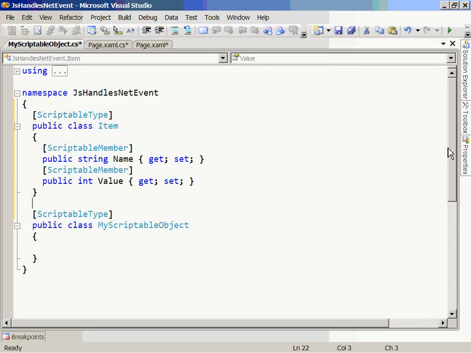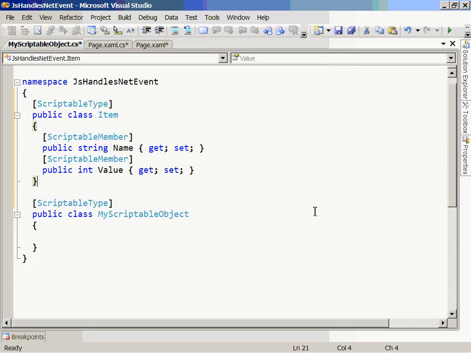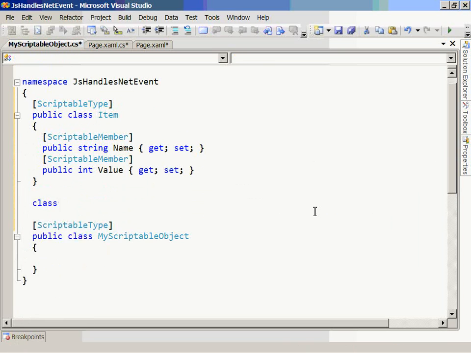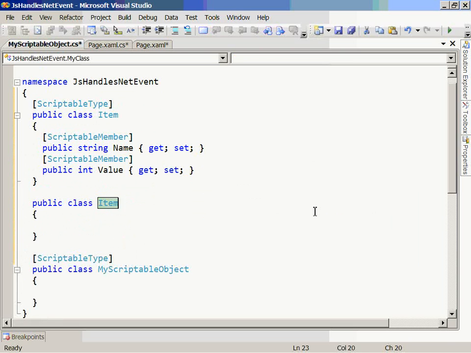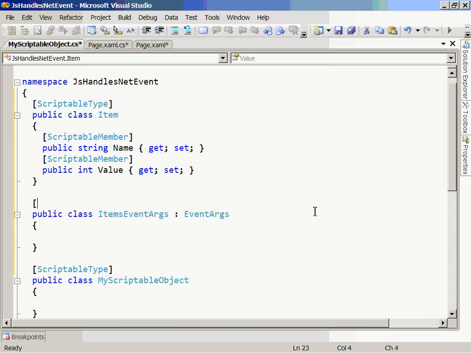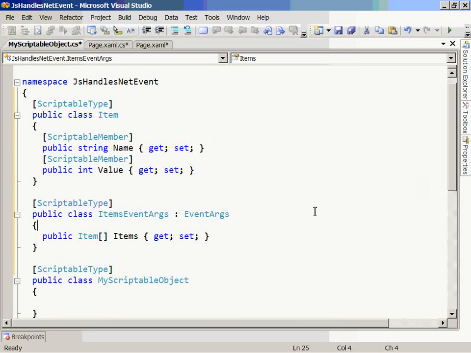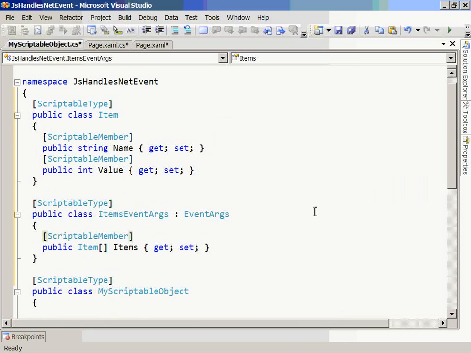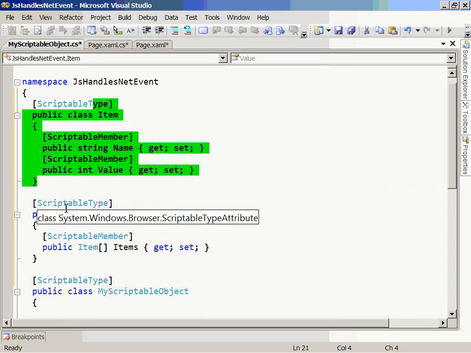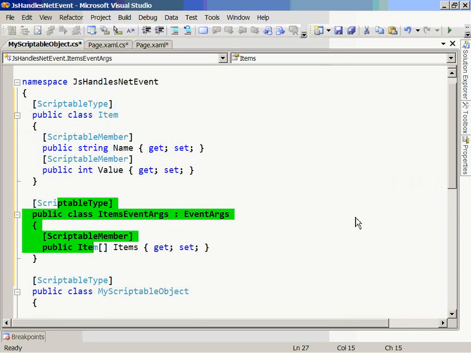Let's also make a new event type. So we'll have another class. We'll call it ItemsEventArgs. We'll derive it from EventArgs, and we'll make it scriptable once again. And onto that let's just put some property which is perhaps an array of items. So we'll say Item, and let's call that Items, and we'll make that a scriptable member again. So we have an item with a name and a value, we have an ItemsEventArgs, and then we